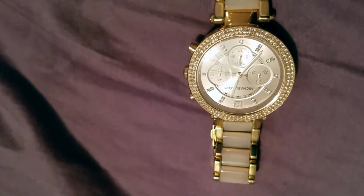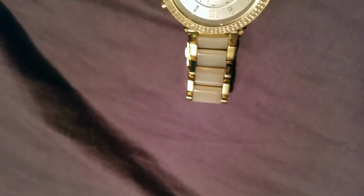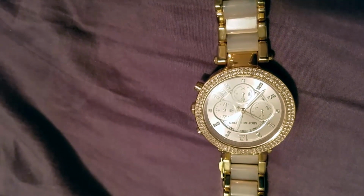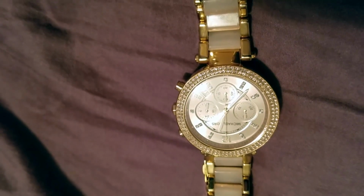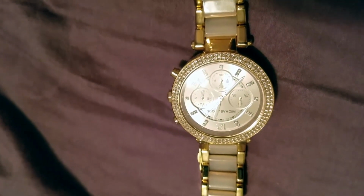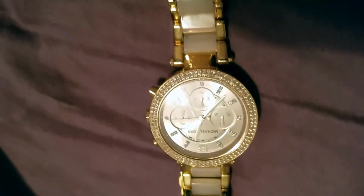Mineral crystal, blue dial, quartz movement, two-tone stainless steel, and it's water resistant, 100 meters, and case is 39 millimeters. The resin band with fold over clasp with double push button safety. It's made in the USA, or it could be imported. Rose gold tone bracelet watch with glitz bezel and hour markers, featuring 3 subdials and date window between 4 and 5 o'clock. And the water resistance is suitable for swimming and snorkeling, but not scuba diving, because it's only resistant to 100 meters or